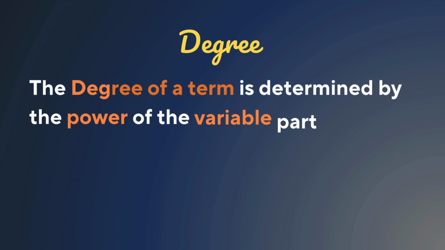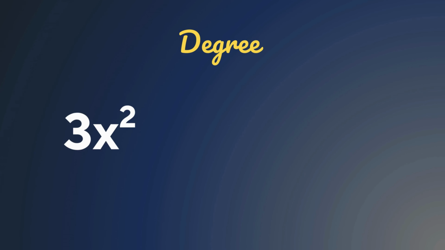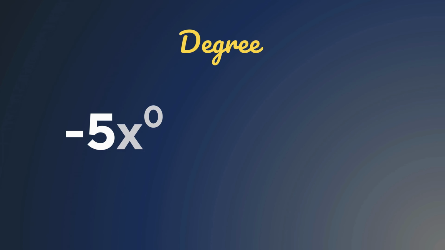Now let's talk about a key property of polynomials, the degree. The degree of a term is simply the power of the variable in that term. For example, in 3x squared, the degree of the term is 2, because x is raised to the second power. In 6x, the degree of the term is 1, because x is raised to the first power. In minus 5, the degree of the term is 0, because it can be written as minus 5x to the